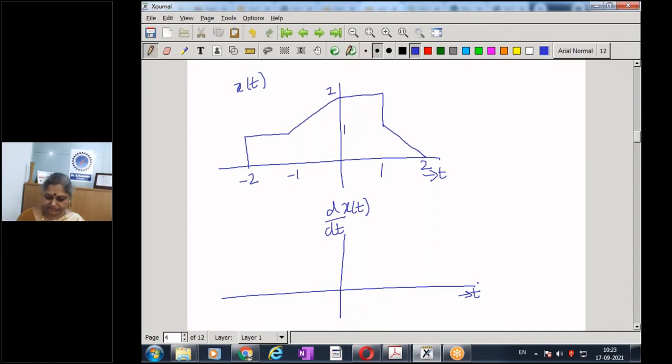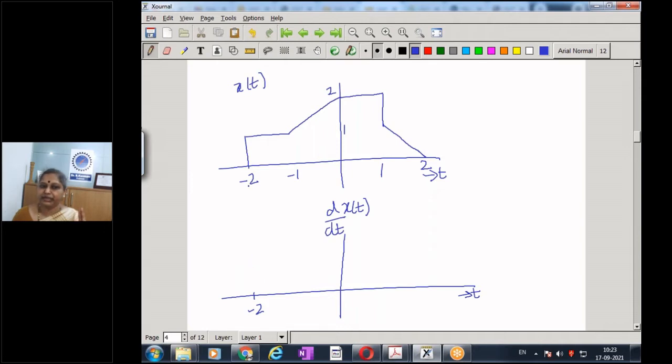Yes. Okay. So we will see what the differentiation is. Differentiation is nothing but dy by dx, the rate of change in y as compared to the time scale. So normally what we do is we start walking from minus infinity. Imagine I'm walking from minus infinity and coming. When I come to minus 2, what happens? I need to jump. There's a sudden jump. And by how much should I jump?